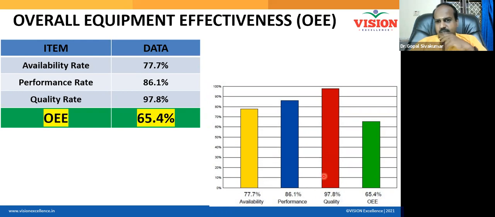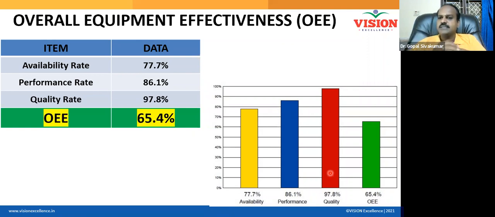And quality problem means what is the quality problem? You are producing defective items. Am I right? Why do you call your product defective? Because it contains some defect. So you need to reduce the defect first. So defect reduction is called what? A Six Sigma project. Am I correct? Defect reduction is called a Six Sigma project.